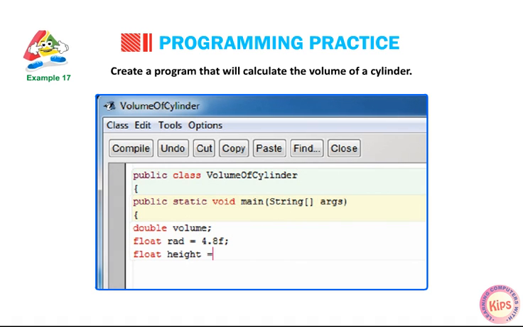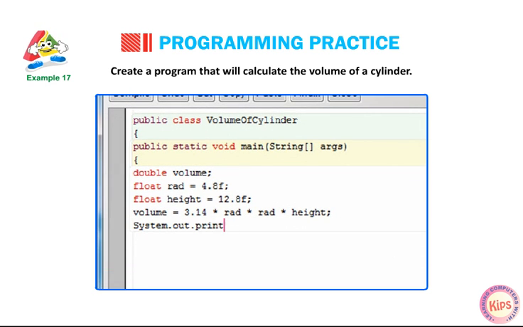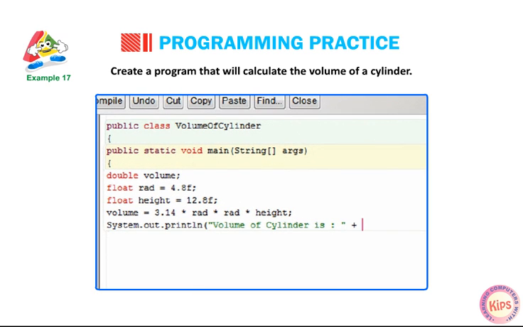float height = 12.8f; volume = 3.14 * radius * height; System.out.println("Volume of cylinder is: " + volume); } }